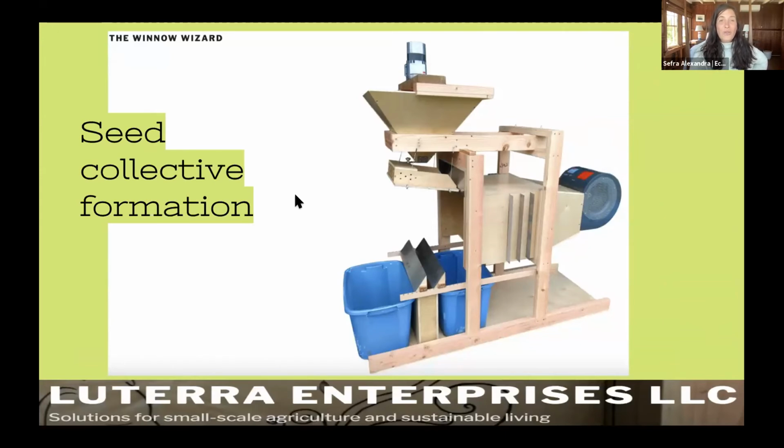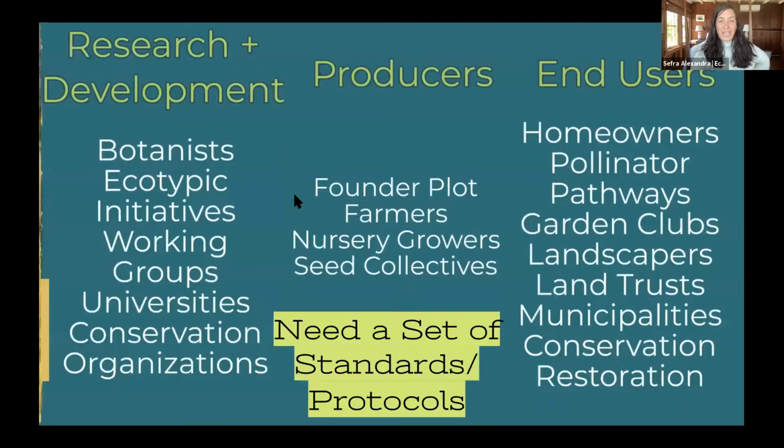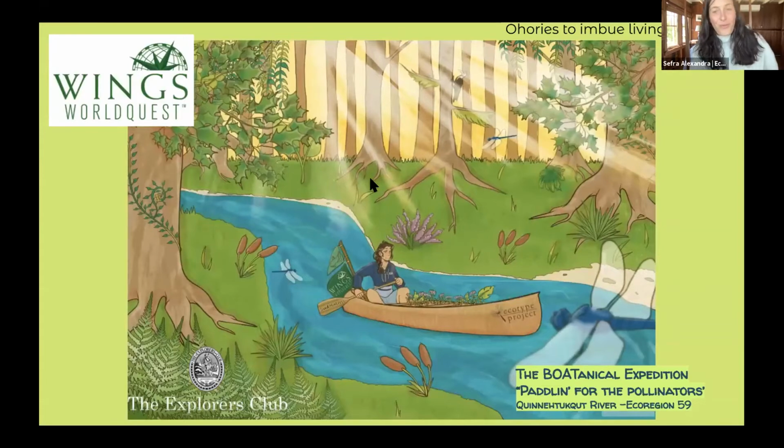So what we're trying to do is create a replicable model for other ecoregions and also bring together all the strategic partners to fulfill that whole supply chain. We are working on a set of standards and protocols, again, adapting the SOS protocols so that we know that the seeds are sustainably wild collected, organically grown, then in the nurseries using OMRI certified organic soil. And then the end users can understand the quality that they're getting, and we can also make sure that the supply is meeting the demand as we go forward.